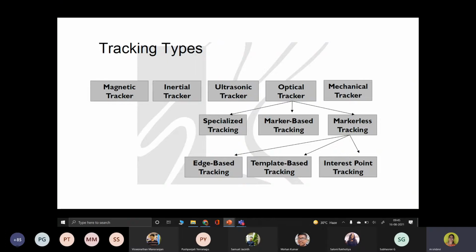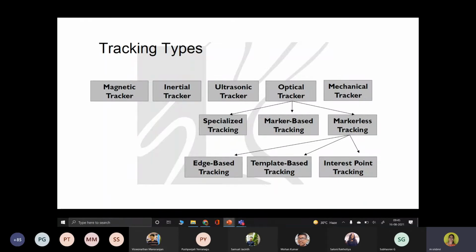The advantage of using such a magnetic tracker is that it will give you 6 degrees of freedom, and it is very robust for tracking whenever the object is tracked. When it comes to the disadvantage, magnetic trackers have wires, and sensitive metals that may cause some noise, and it is also a little expensive.